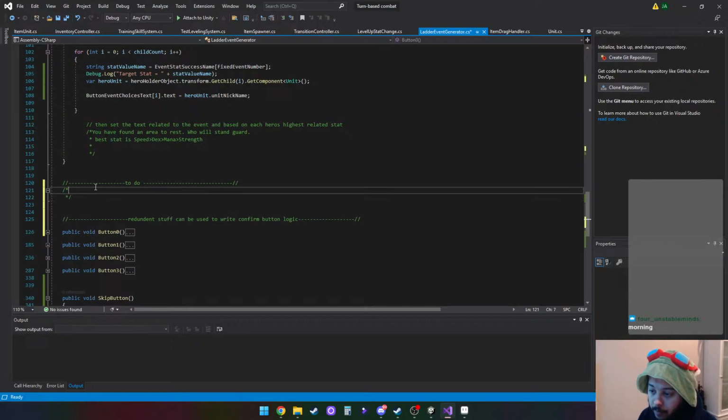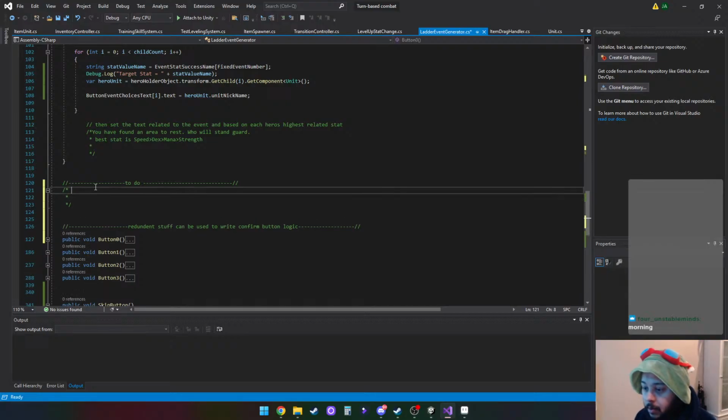So what do we need? Okay, so we need a button for each... Okay, buttons. Okay, whatever. Button. Need toggles, one for each active hero in the